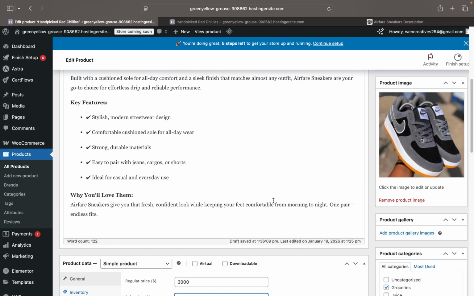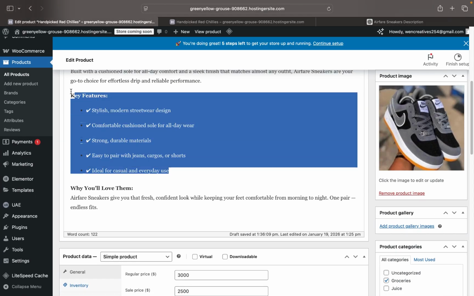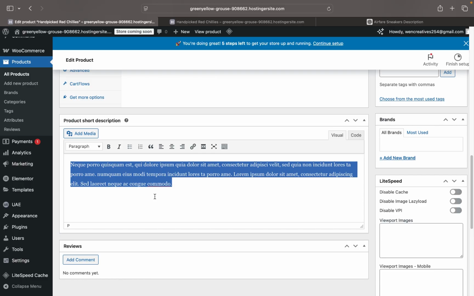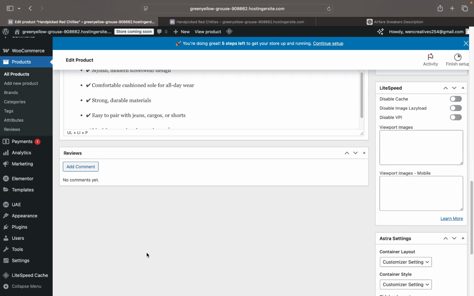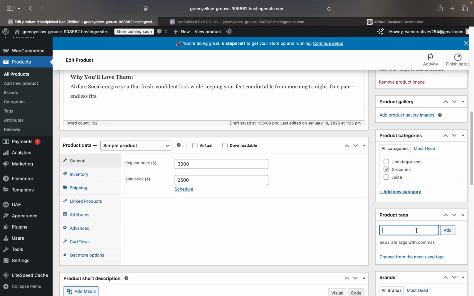The product description, here they want a small description, a short description. I can copy this one, and then you can come here and replace. You can add the comment or anything else. Now you can add the hashtag. If you want this product to reach many people, maybe I can put hashtag sneakers, and then I do a space and put another hashtag, maybe your shop name,